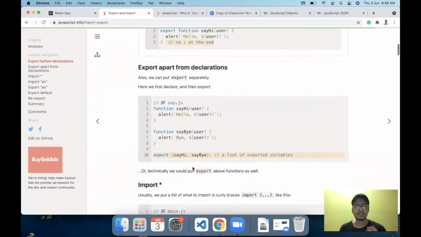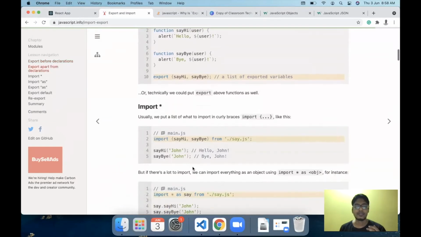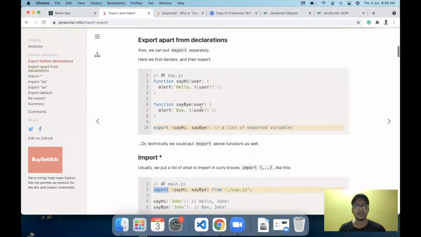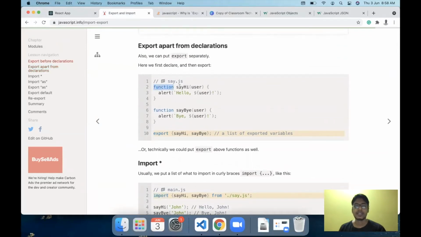Now, once a variable is exported in some file, we can then use the import keyword to import it in some other file. For example, let's say we have functions here, say hi and say bye in this example. We have exported those two functions like this using the export keyword.